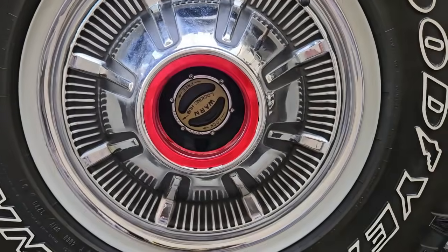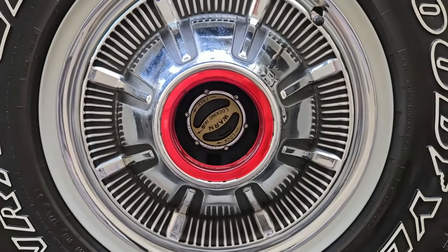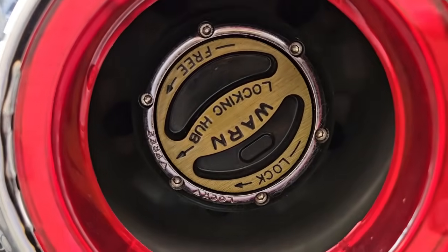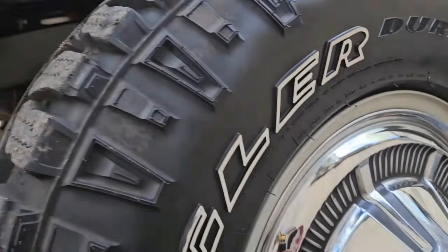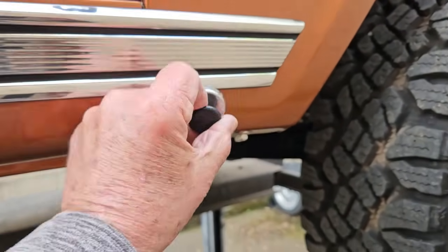I'm going to go around with a magnet, but I wanted to show you how these hubcaps were customized to support a wider custom wheel, so you could reach the release in there. And I like to go around with just a really weak magnet with some film on the back. The car is just